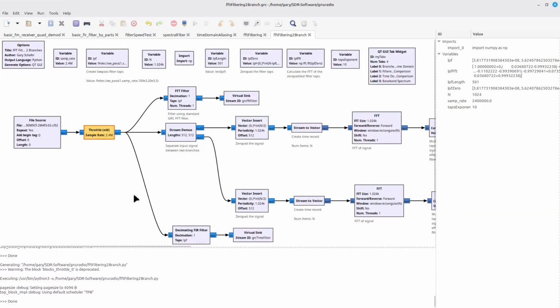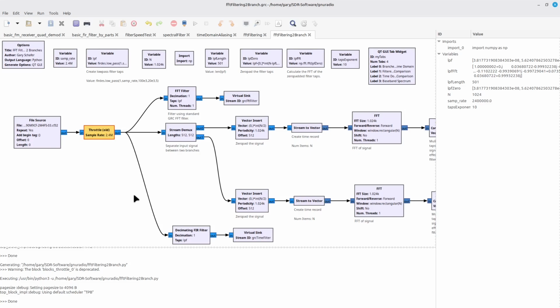But that is, in a nutshell, how it works. When you look at an FFT filter, that means that you are implementing an FIR, a finite impulse response filter, in the frequency domain, not in the time domain. And depending on the number of samples, and I hear so many different numbers bandied about, there is a certain point where the number of taps in your FIR filter gets beyond that point, and it's more efficient to use the FFT.